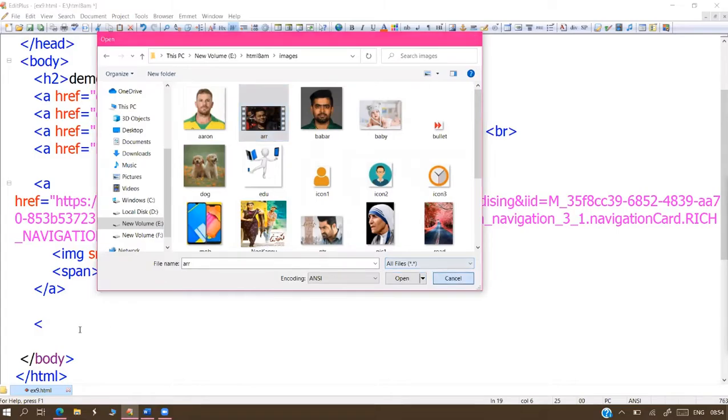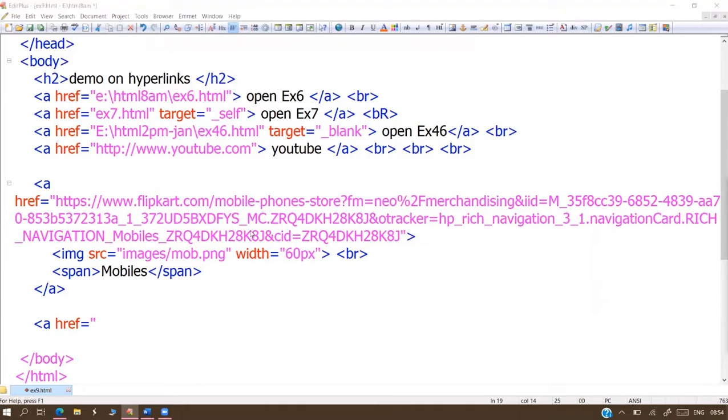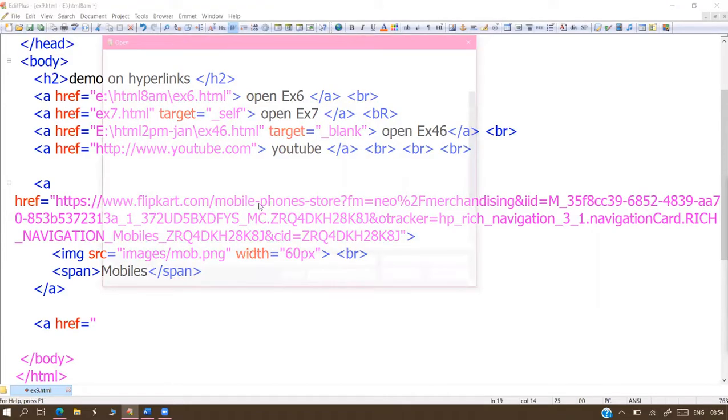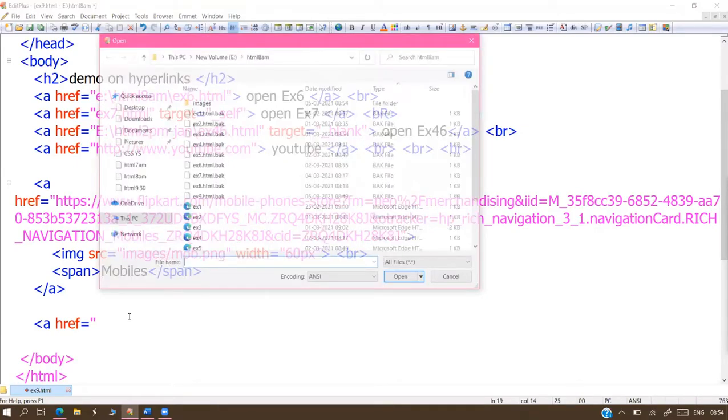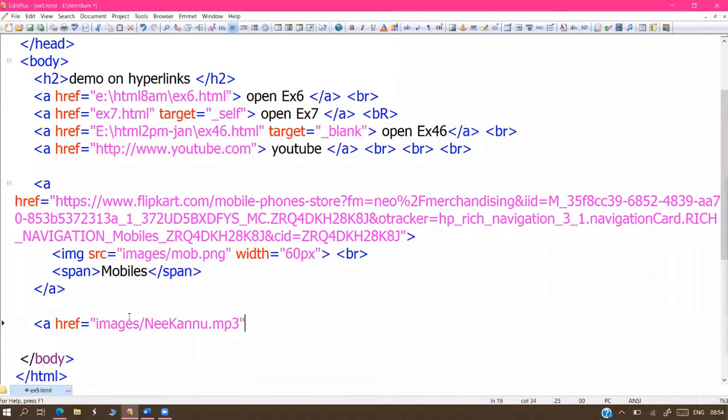Now see that. Anchor tag, href equals to, write your song name, images slash, dot mp3. Play audio, or play song.